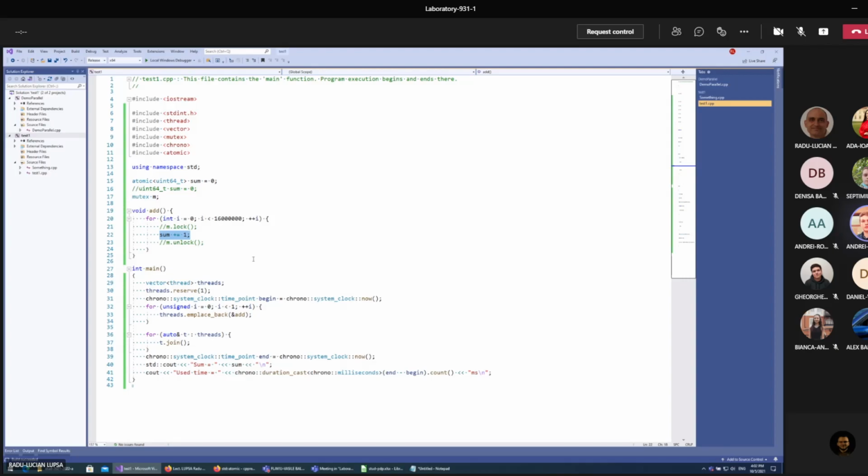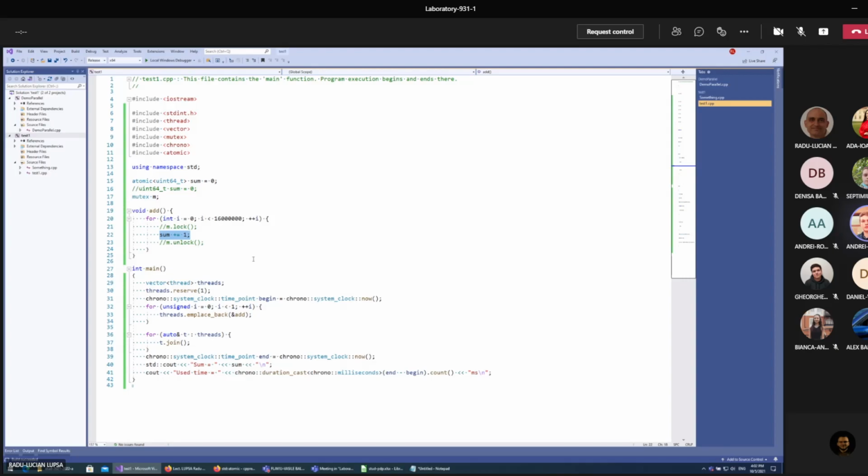Actually, in most cases, you put a prefix in the operation code that tells the processor that this operation involves a variable that can be shared between the threads, and the processor must obtain exclusive access to that